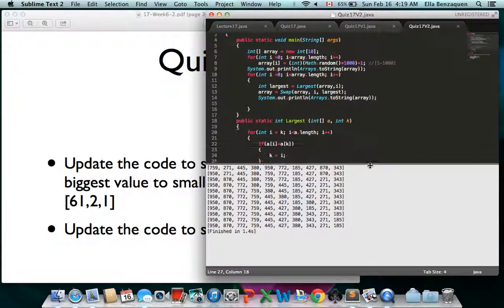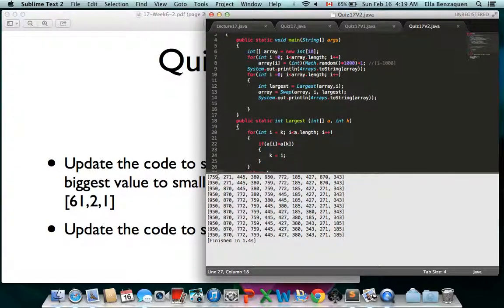Okay, there we go. So 759 is the first number we're going to be looking at. We're going to be comparing it. The second largest number is 590. The 759 and 590 swapped. Now we're looking at 271. The second largest number is 870. So 271 and 870 swapped indeed. Then we're looking at 445. Anything bigger, we have